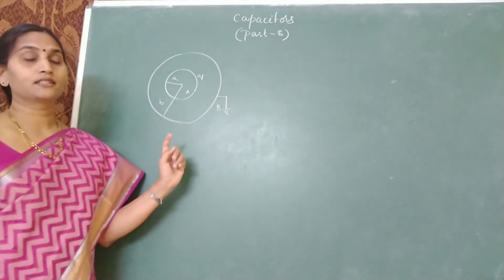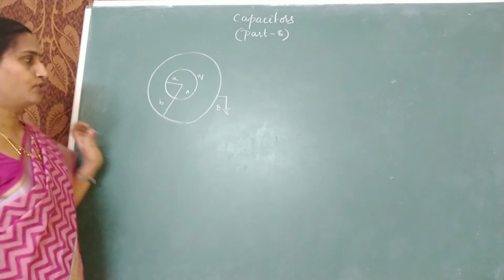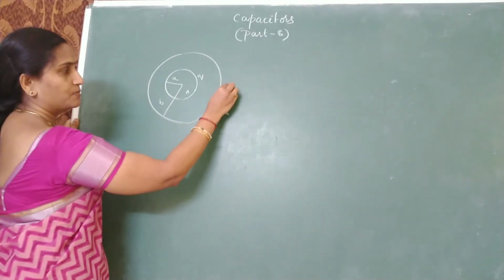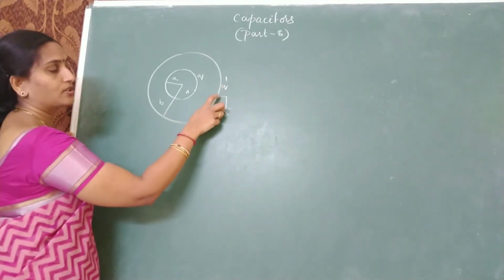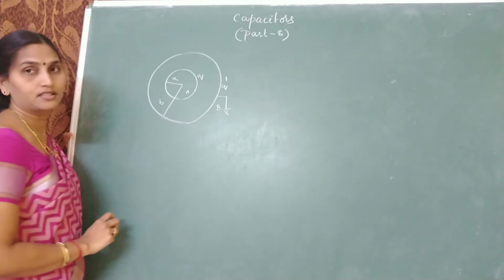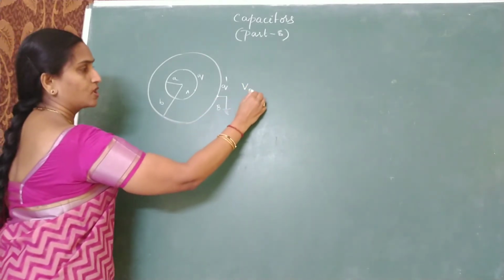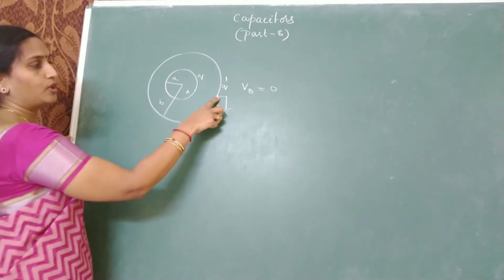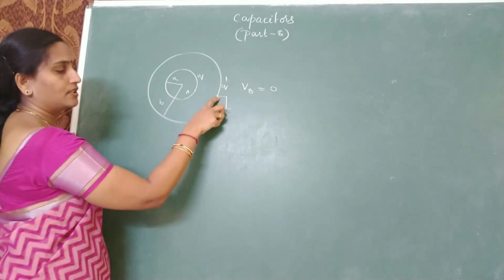See, I have already discussed concentric shells and how to understand the distribution of charges. We will follow the same sequence of steps first. So let the charge induced on this be Q dash. So first we should know what is the charge that is induced on this earthed surface. We know its potential is 0, because it is earth, VB is taken as equal to 0. Calculate the potential at this point: potential due to Q plus potential due to Q dash.